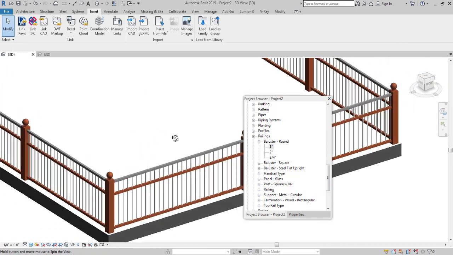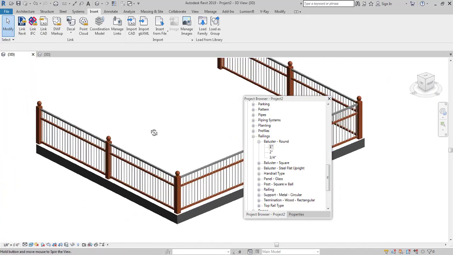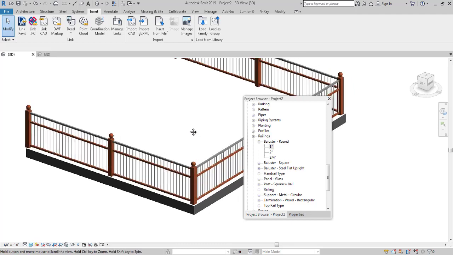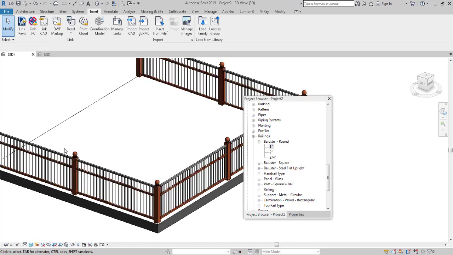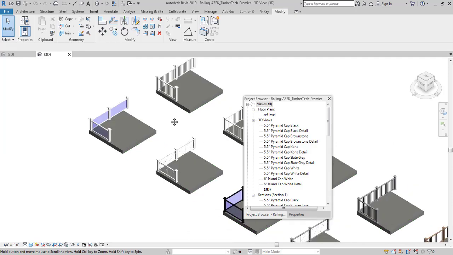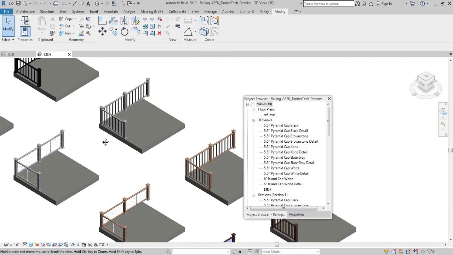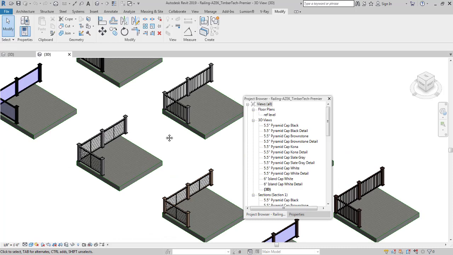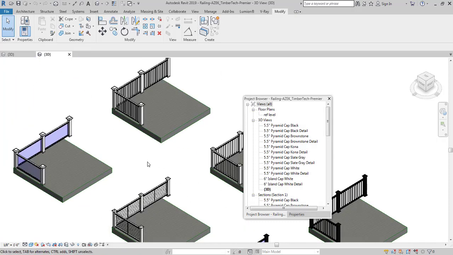So yeah, this is how you guys basically play around with railings in Revit. I'm going to show you guys a very neat and handy shortcut that I use often when I'm working on my freelance projects. What is that? This is a file that I downloaded from the internet. You guys can get it as well. Just type in railing families for Revit, and this will show up. If you guys can't find it, just let me know in the comments and I'll leave a link to this.